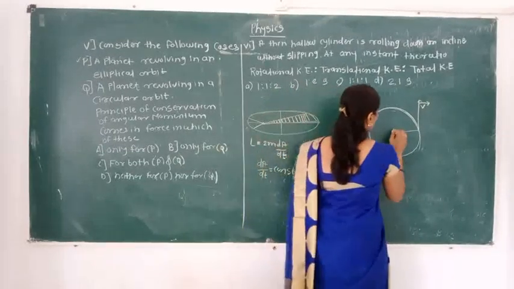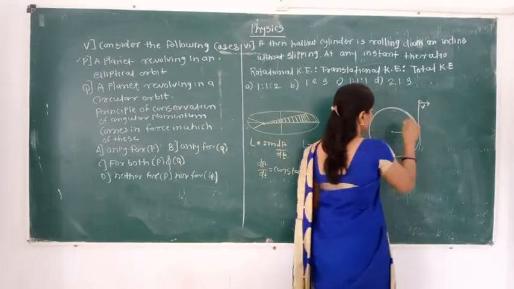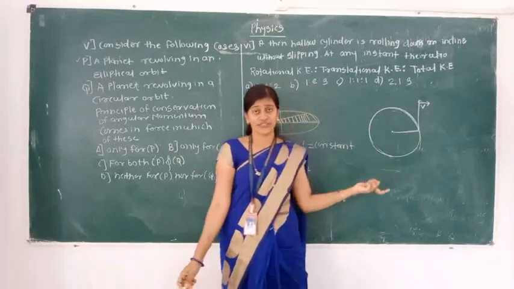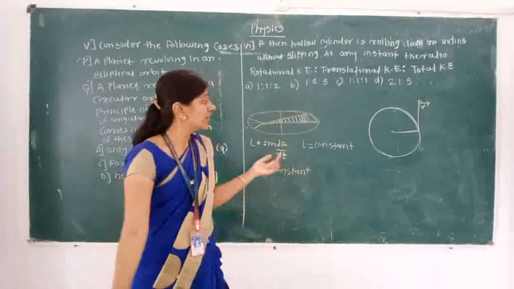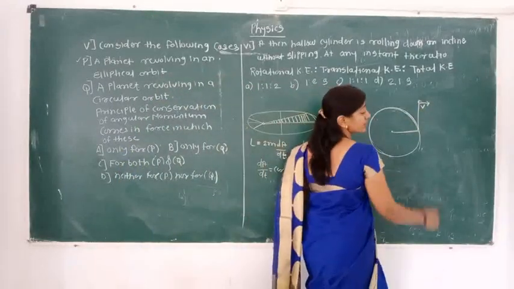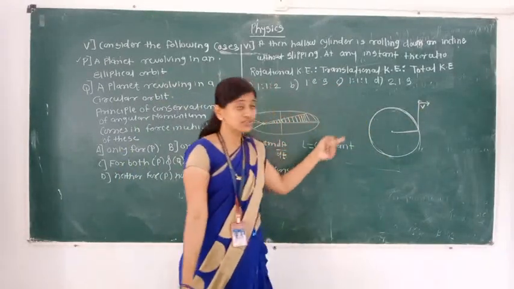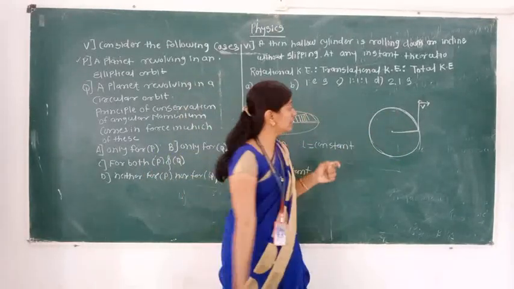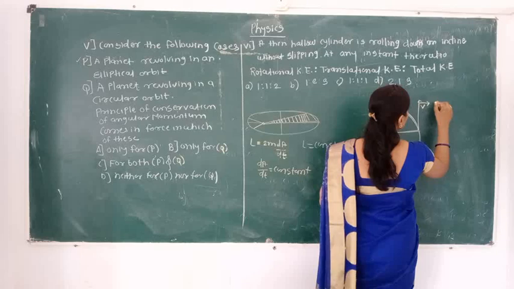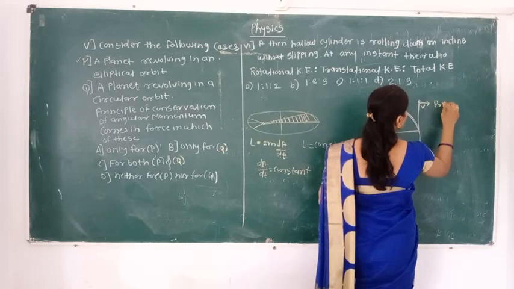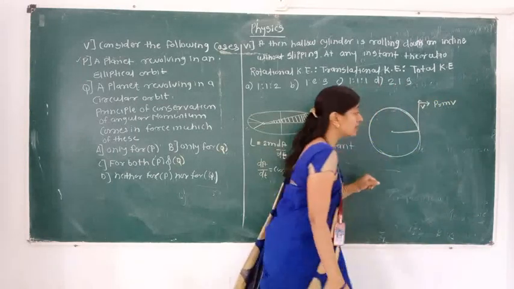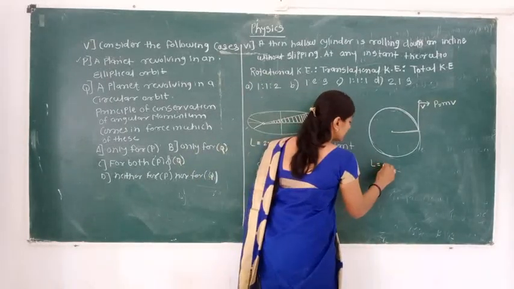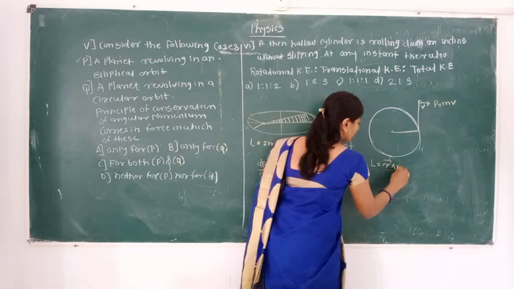Along the circumference of a circle, that circle has a fixed radius. When the planets are revolving, they have the tangential velocity, and the position of that planet is going to change. It is a circular orbit. So in that they have the linear momentum also. P is equal to m into v. It is the linear momentum. We know angular momentum is nothing but the position vector into linear momentum.